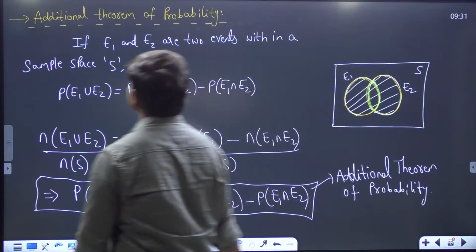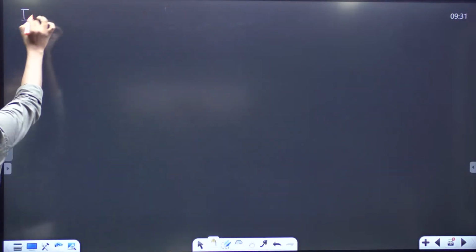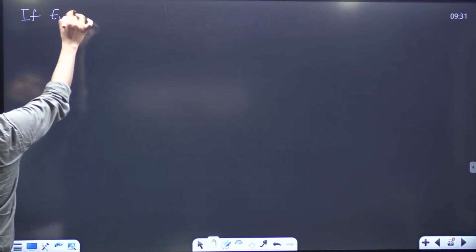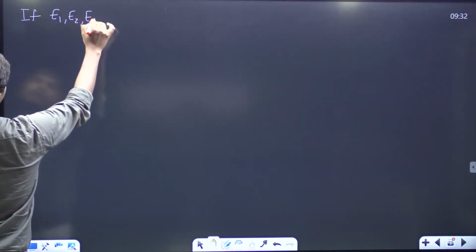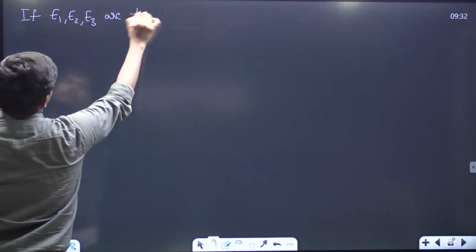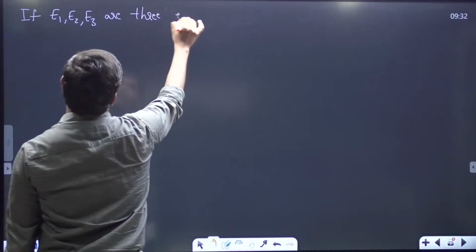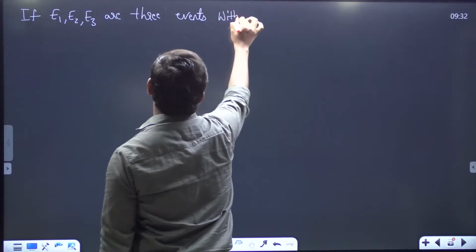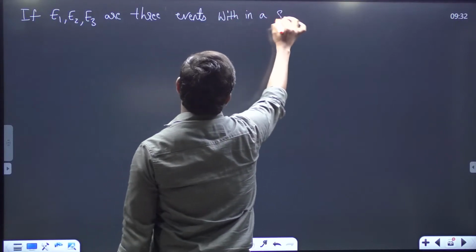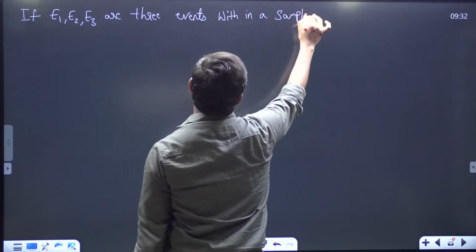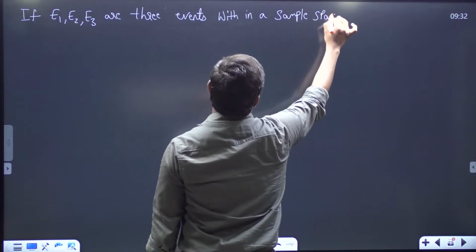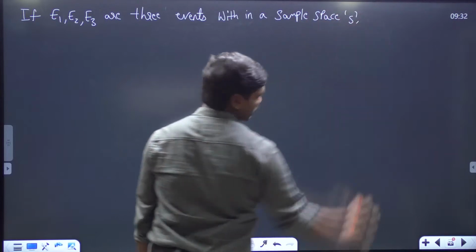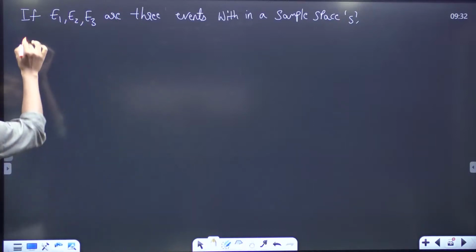If E1, E2, E3 are three events within a sample space S, then